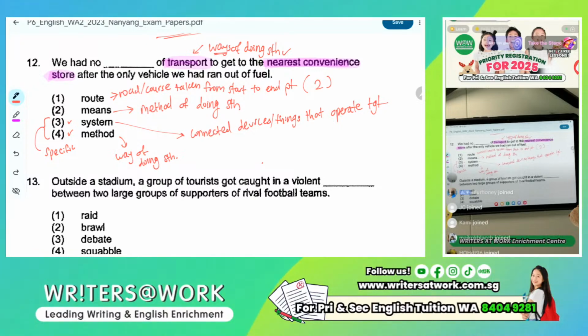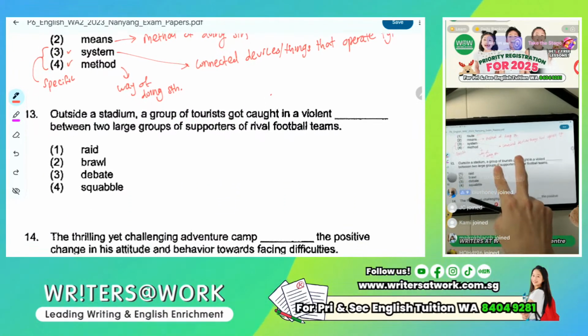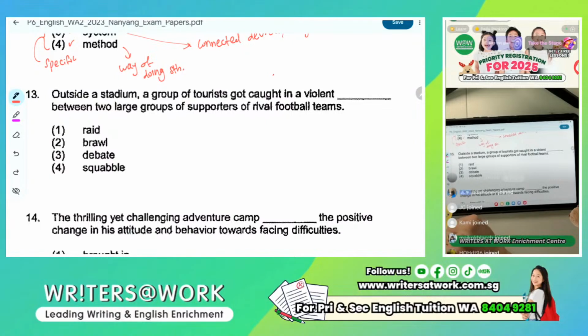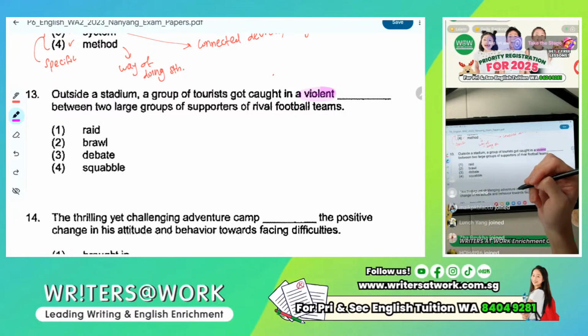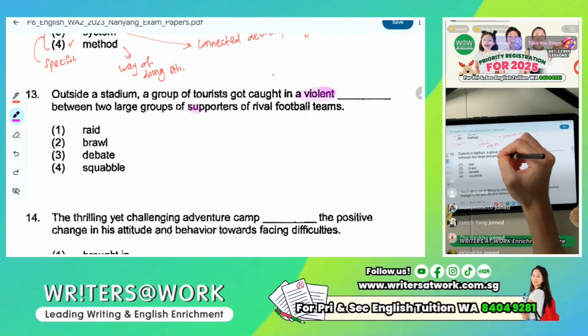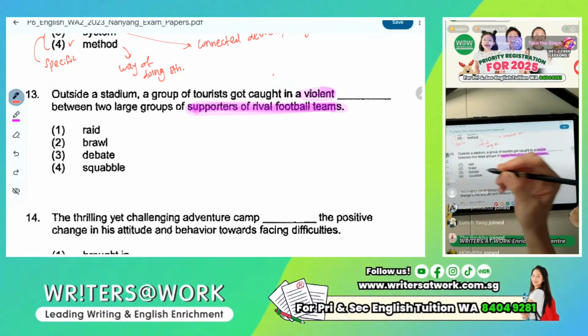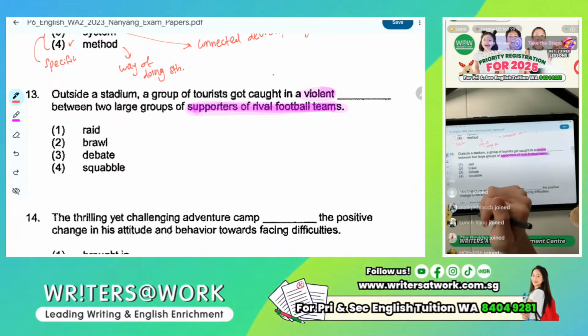Now moving on, let's take a look at question 13. Outside a stadium, a group of tourists got caught in a violent dash between two large groups of supporters of rival football teams. So the first thing to note is violent, which means that the kind of interaction is very aggressive. Next, we talk about how they are supporters of rival football teams, which means that they may have some bad blood against one another. Now, taking a look at options,